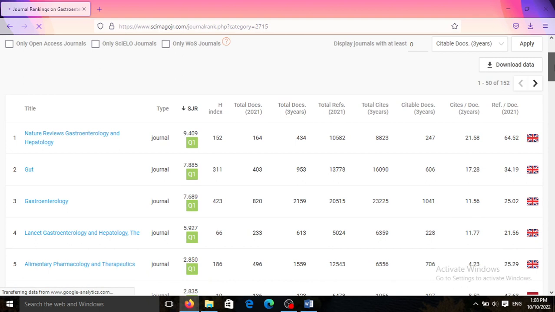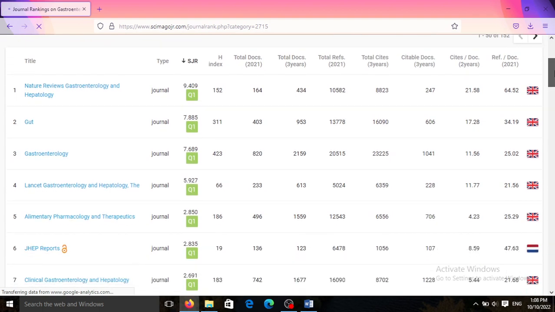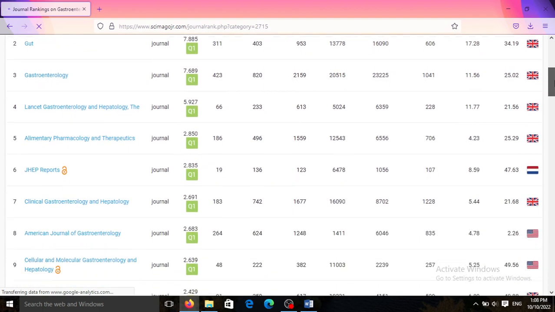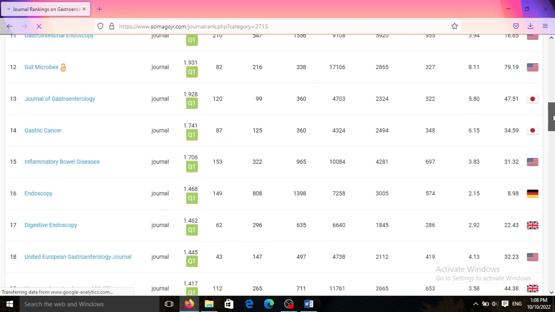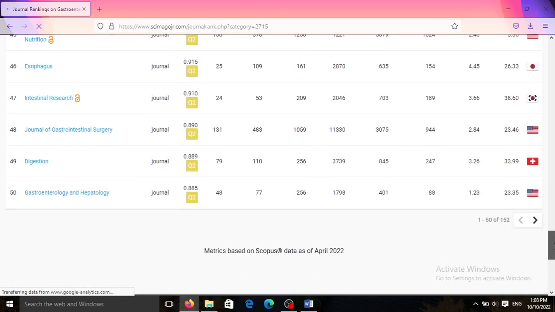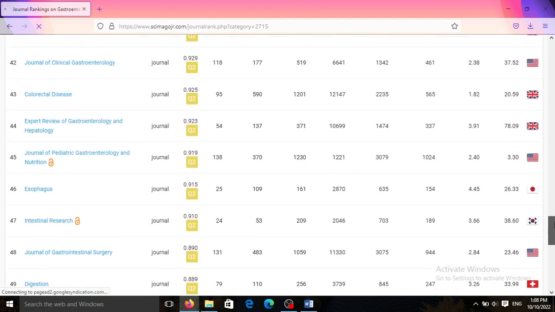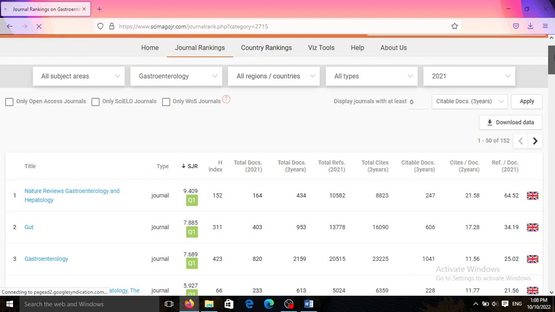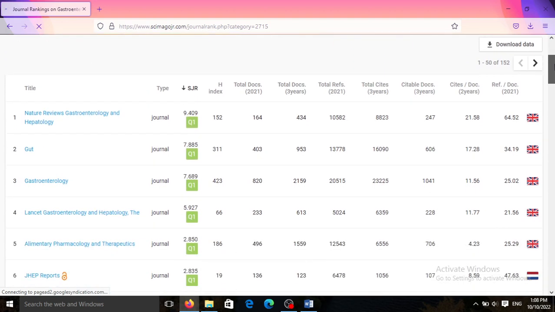This window shows me that there are numerous journals in the field of gastroenterology, and I can choose between them, and the question is now which one of them is suitable for my article. As you see, there are at least 152 journals relating to the field of gastroenterology, and I want to choose the best and the most